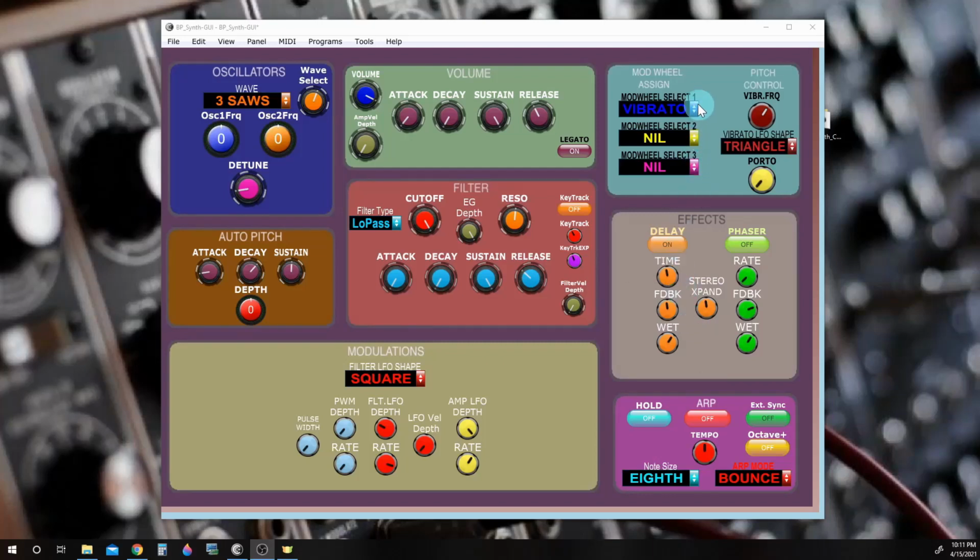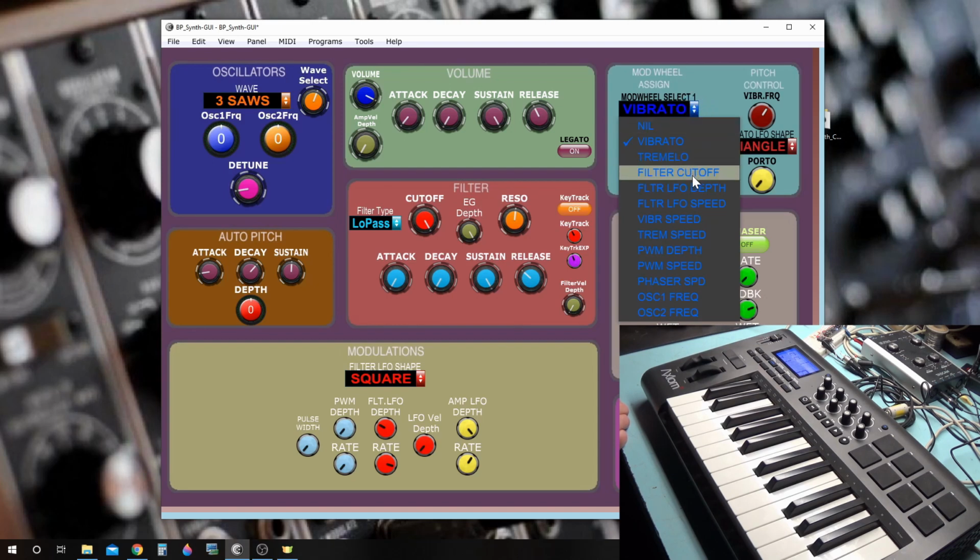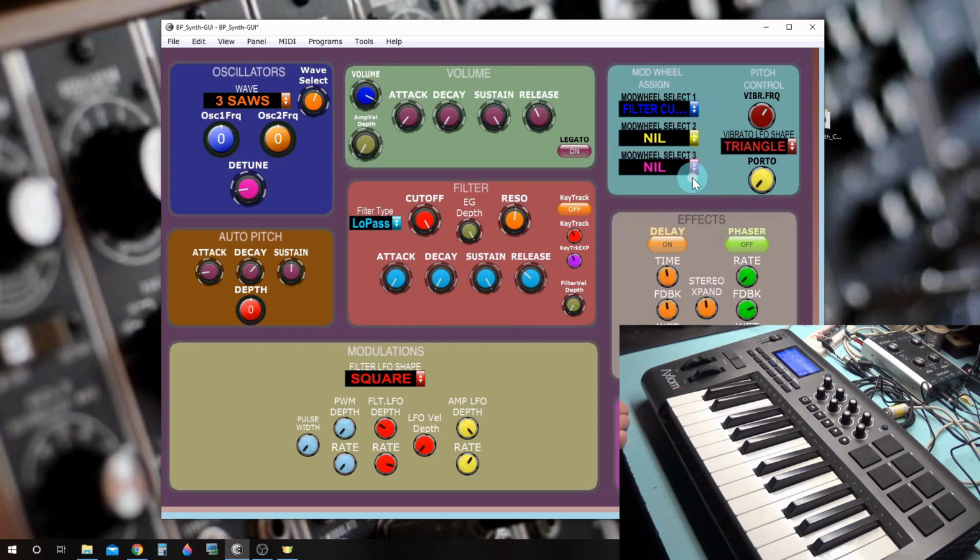The last section of controls we're going to go over is the mod wheel assign selections. These selections assign parameters to the mod wheel. Currently, the mod wheel is assigned the vibrato parameter. So when we press a key and move the mod wheel, we hear the vibrato effect. Now I can change this to something like the filter cutoff. And instead of vibrato,